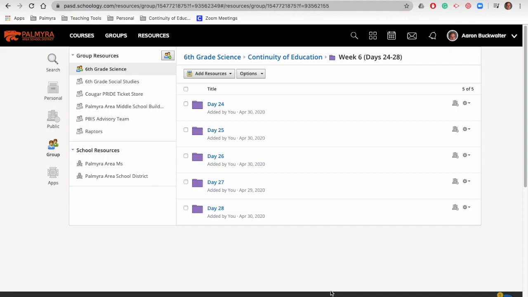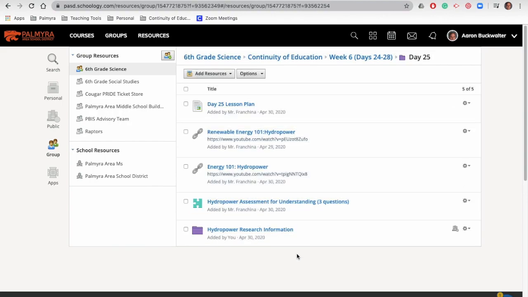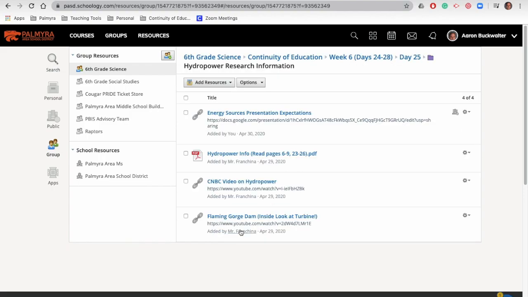Okay, but here's how we set up the information for you this week. Let's say there's 5 different choices. So let's say you would like to do hydropower. Well, you would click through the folders until you find the hydropower information. And then you'll see that everybody, whether you're doing hydropower or not, is going to go through at least these 3 things. They're going to click on these 2 videos, learn a little bit about hydropower, and then do the assessment for understanding. But if you want to do hydropower for your presentation, you click on this folder, and it gives you